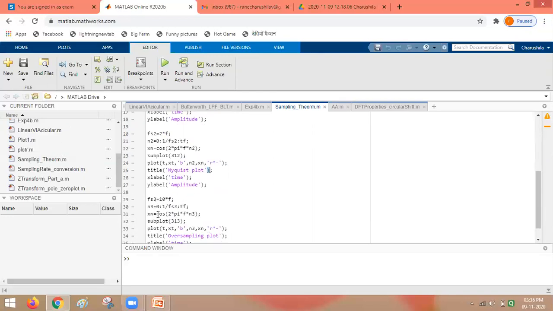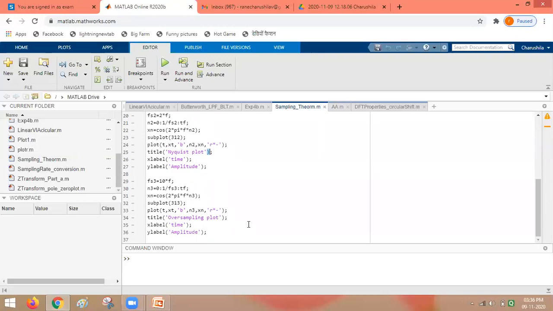As a third case, we are selecting a sampling frequency which is 10 times the maximum frequency content of the original signal, which is far beyond the Nyquist rate. The corresponding sampled signal is plotted in the third section of the figure window, and the title is given as oversampling plot.